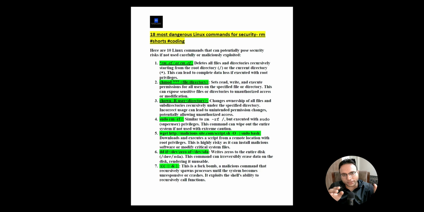Make sure when you are running this command that it does not cause any harm, if you are using it appropriately. If you are not using it in an appropriate way, it will definitely create a problem for you. Okay, and going to the fourth command, that is rm -r, and if you mention slash,